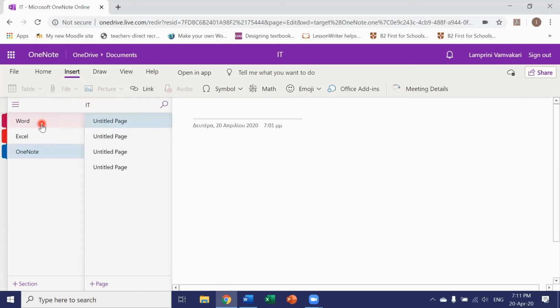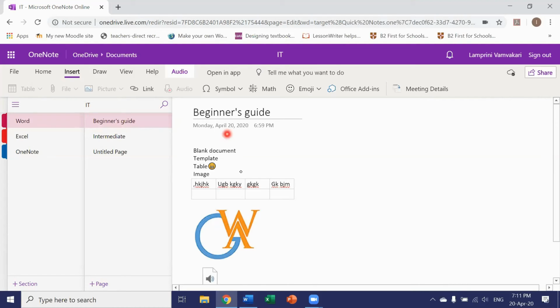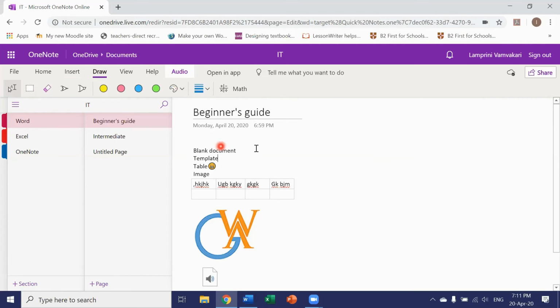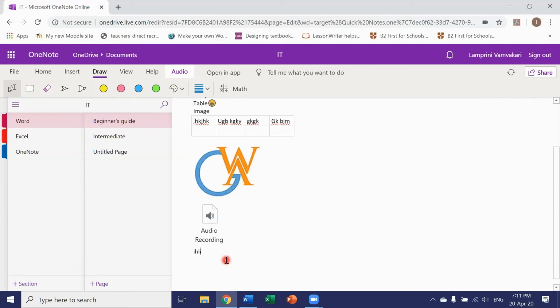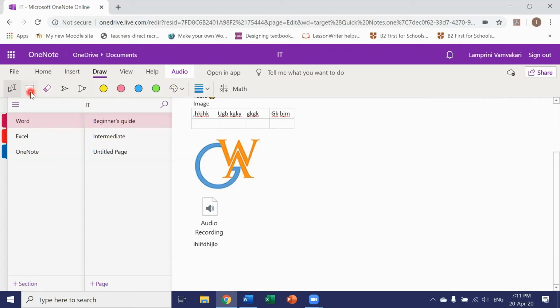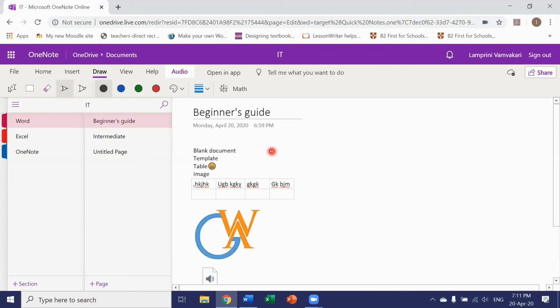Now let's go back to the Word section, to the beginner's guide. There are some very powerful tools in the Draw tab up here. So you see we have text, select objects or type a text. You can select or you can type like that. We have the marquee select, an eraser, a pen, very useful if I wanted to take some notes